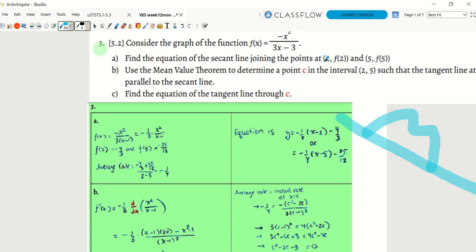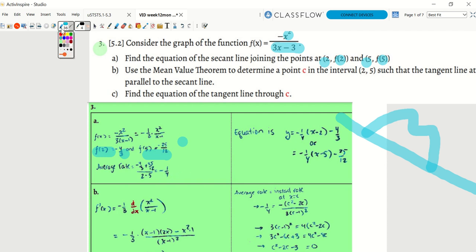So we have the x values here, 2 and 5. We plug in 2 into this and we get the y value. You plug in 5 into this and you get the y value, and that's what they did here and here. They plugged in 2 and 5 into this original equation right here, and they got these fractions,